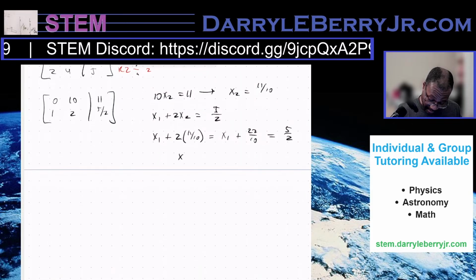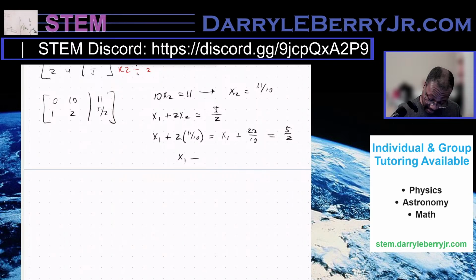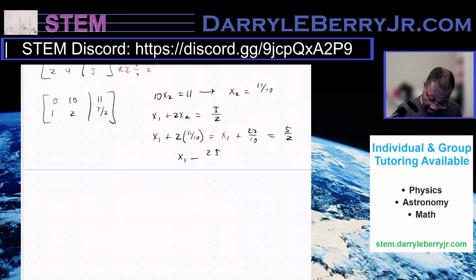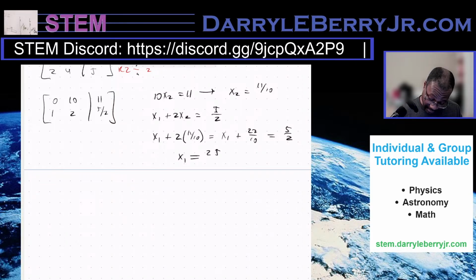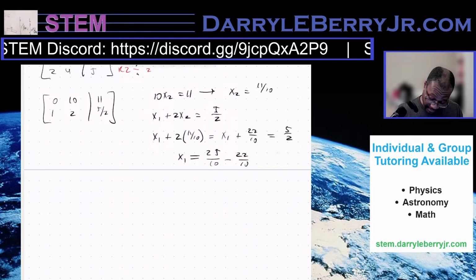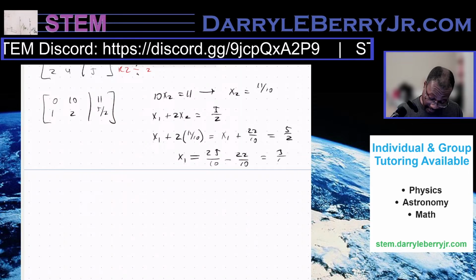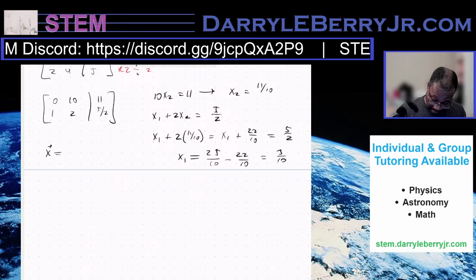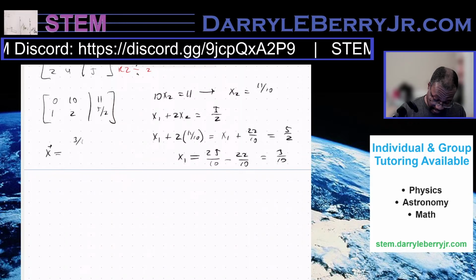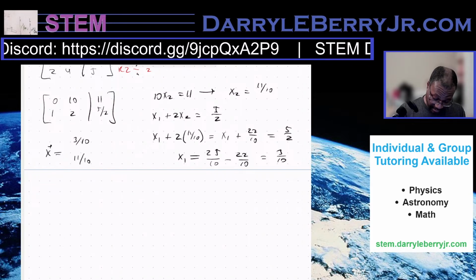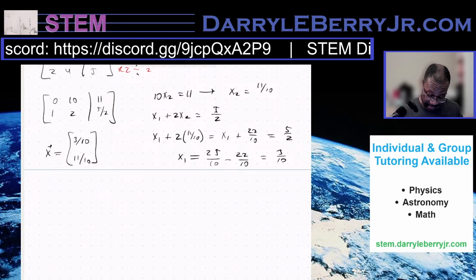So that means that x1 equals 25 over 10 minus 22 over 10, which equals 3 over 10. So that means x equals 3 over 10 and 11 over 10, which is the closest we can get to